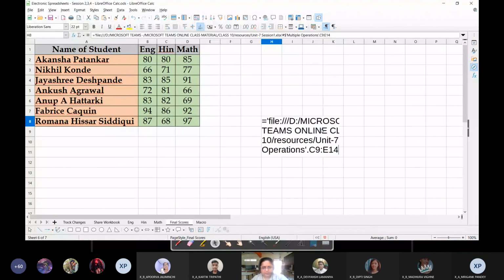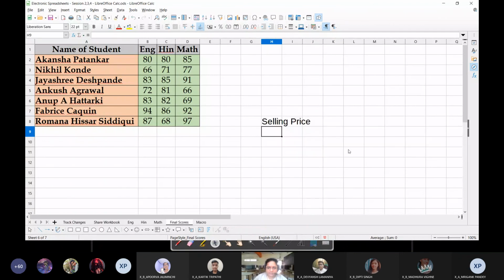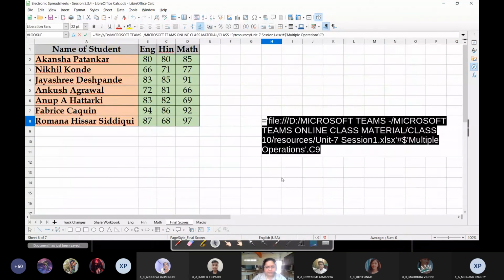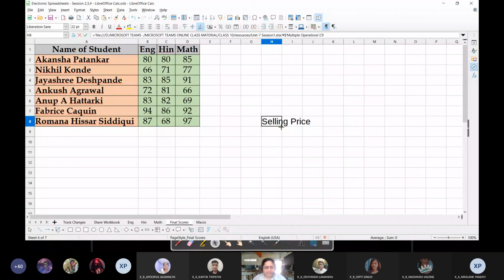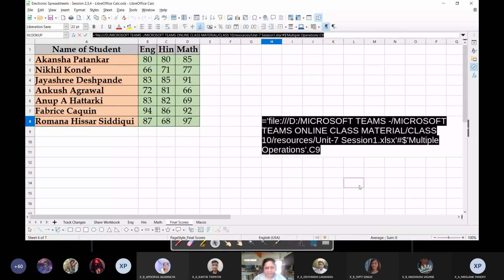If you press F2, you can see this cell range is given. Let us first see how this address looks. I only want the data, so I'll go back again. It only gets the first cell, so I'm just going to click on the first cell, press enter. The first cell is selling price, right? And its address you can see over here. I'm just going to copy the address.